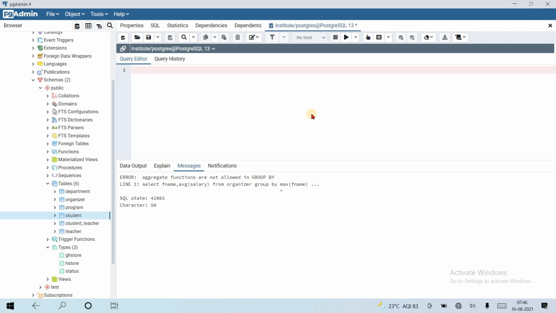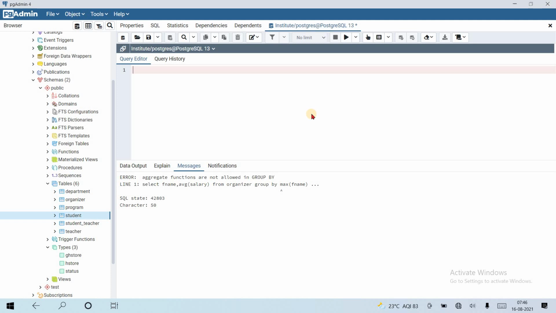One more thing: it can be used with the GROUP BY clause to filter rows based on a filter condition. So we can use the HAVING clause with the GROUP BY clause that we have seen in the previous video. You cannot use a column alias in the HAVING clause, as HAVING is evaluated before the SELECT clause. Okay, let's see what I am telling actually.